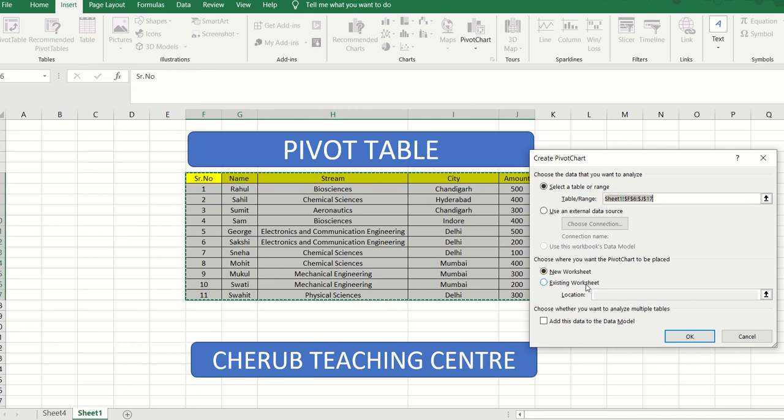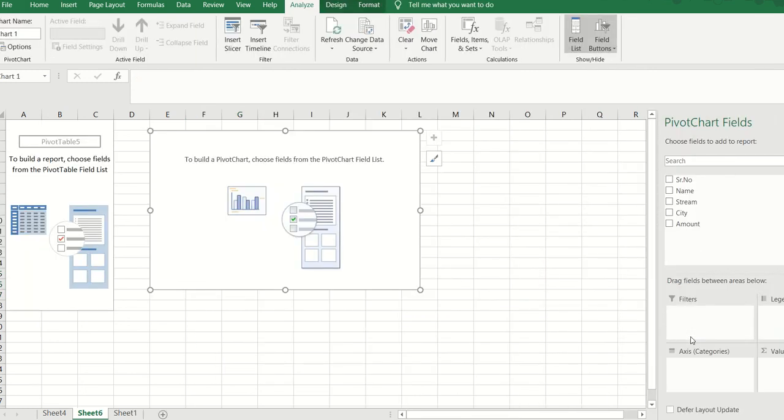So that is totally your choice. So I will go with the new worksheet so that the things are better viewed and would be easily visible to you altogether. And I'm going to proceed ahead and I'm going to click on OK. So the moment I have clicked on OK, people, you can see that it is giving me